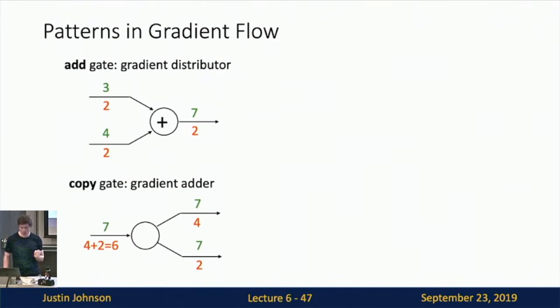Now, kind of dual to the sum node is the copy node. This is a trivial node that receives some input and has two output values that are both identical copies of the input. This seems like maybe a stupid operation at first glance. Why would you ever introduce such an operation in your graph? Well, you might want to do this if you want to use one term of your model in multiple places